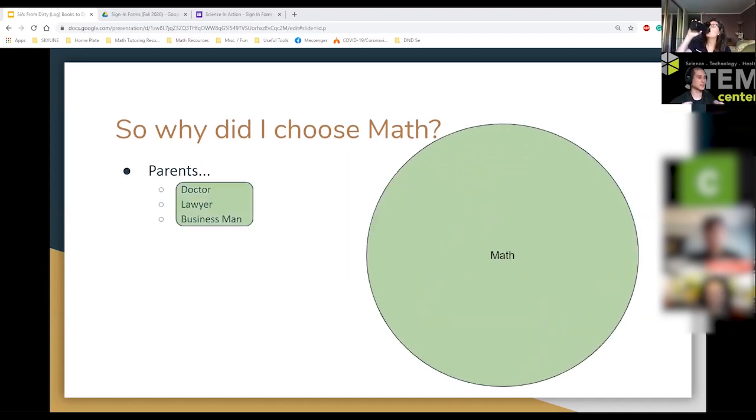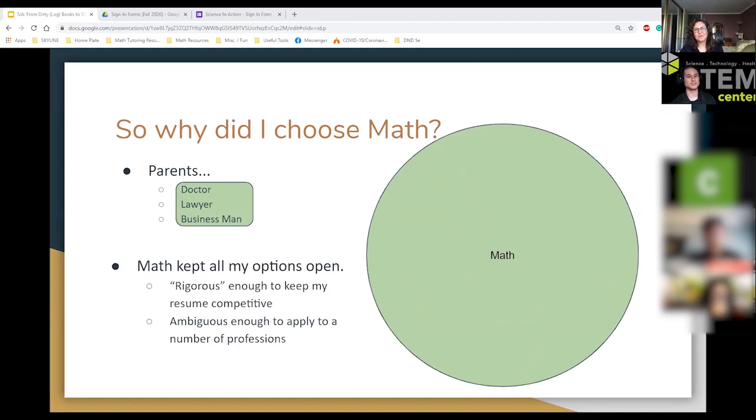And so, remarkably, in this context, this is where my choice of becoming a math major came into play, because math as a degree allowed me to keep all three of those options open. I just didn't want to disappoint my parents, but at the same time, I didn't want to commit to something that I was too scared of committing to. So it was my fear of commitment. Right. And so the justification here is that math kept all of my options open because it was, quote unquote, rigorous enough to keep my resume competitive,